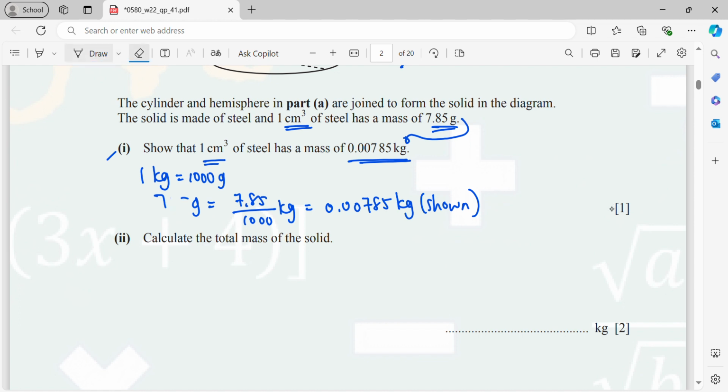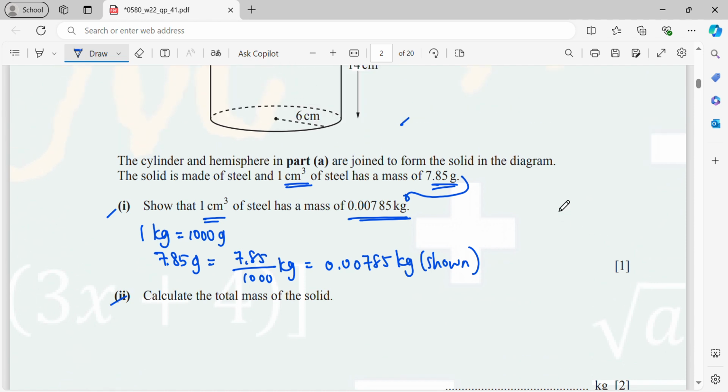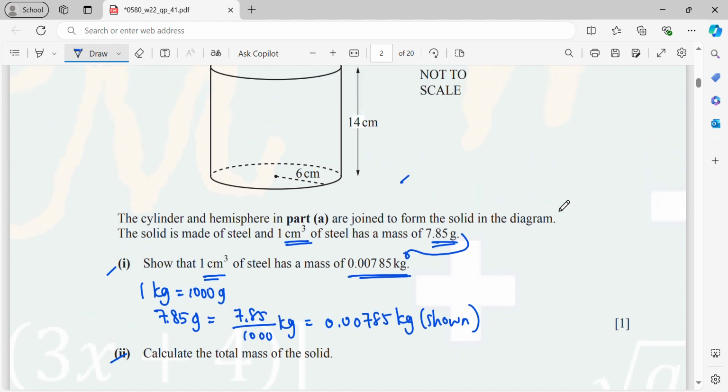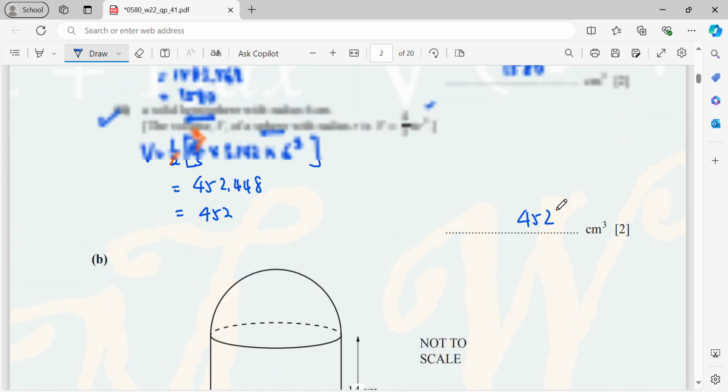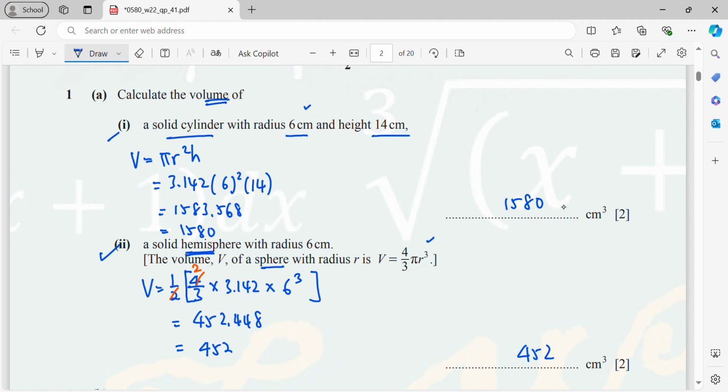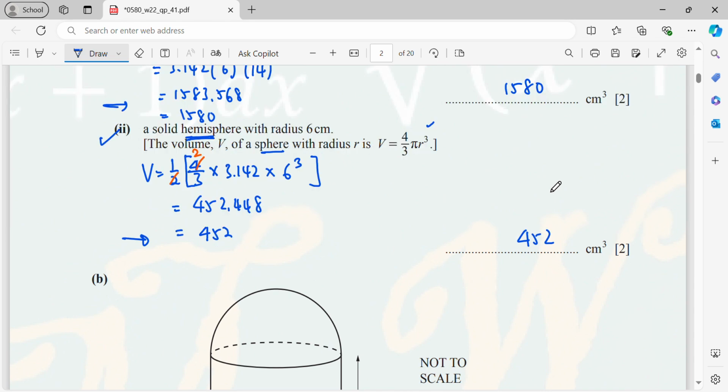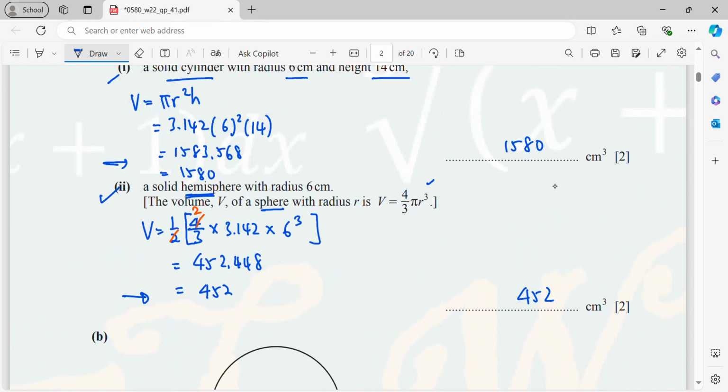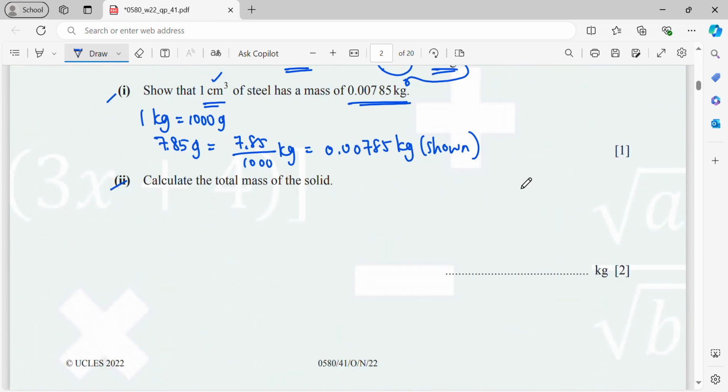Now, the next part, calculate the total mass of the solid. So for the total mass, we need to calculate the total volume first. From volume, then you convert to kilograms, because the mass is in kilograms. So for the total volume, we refer back to 1a. Just add up these two volumes. When I add up, I will not use the rounded off values, I will use the original values, right? So it means that my total volume